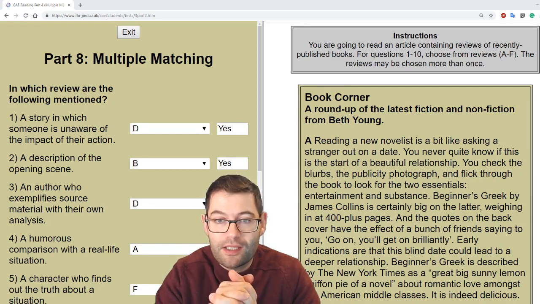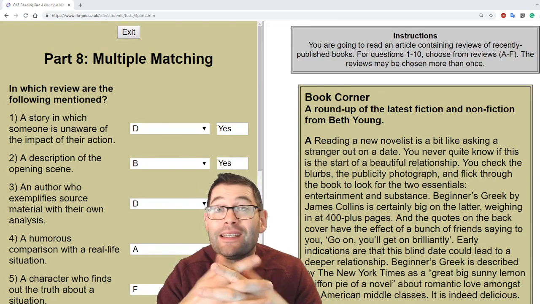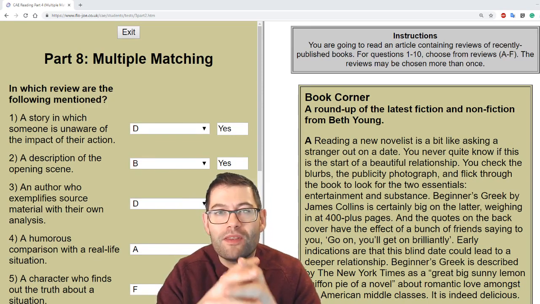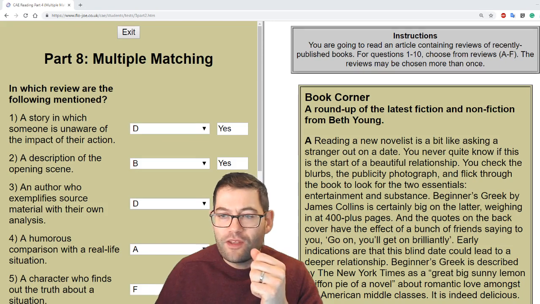What I would do is this. Read through the text first, and I would try to summarize each text in a sentence or two, so you remember the general idea of each text and what's going on. So for this particular one,